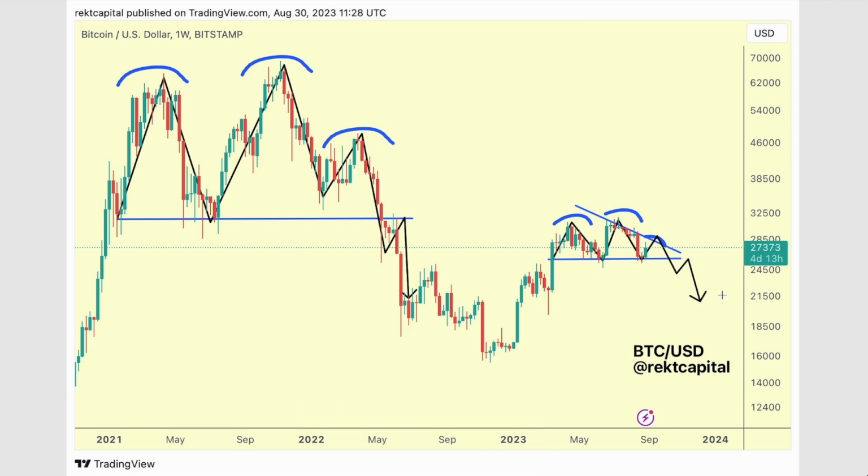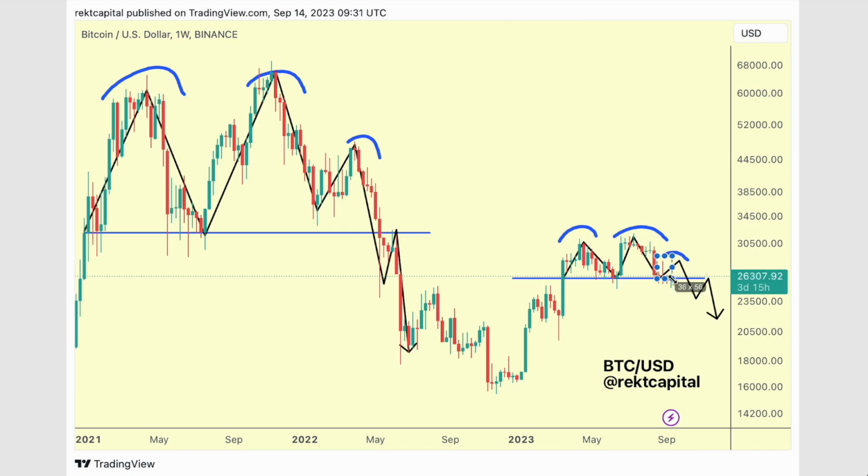So going back to late August, we saw Bitcoin enjoy some Grayscale-fueled hype, getting us close to this lower high resistance, but then ultimately rejecting in the form of this upside wick to form a lower high relative to this lower high resistance. And that's a key point, because is this actually the lower high, or do we still see a little bit of a higher move beyond that upside wick to form that lower high at around 28,300?